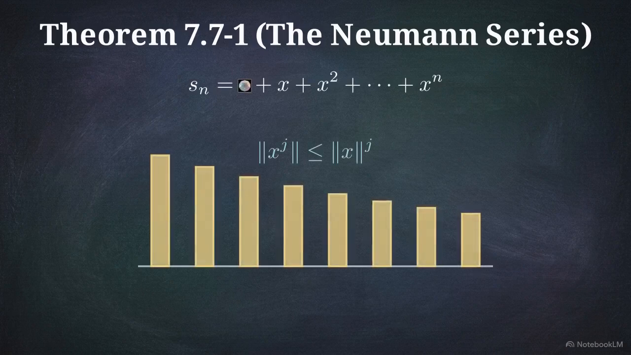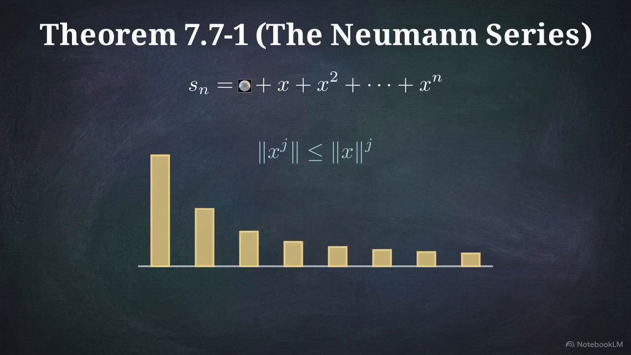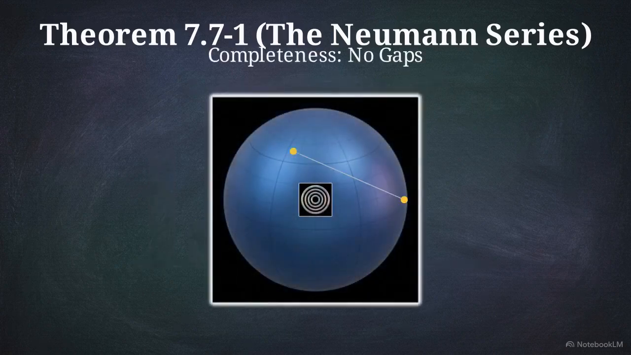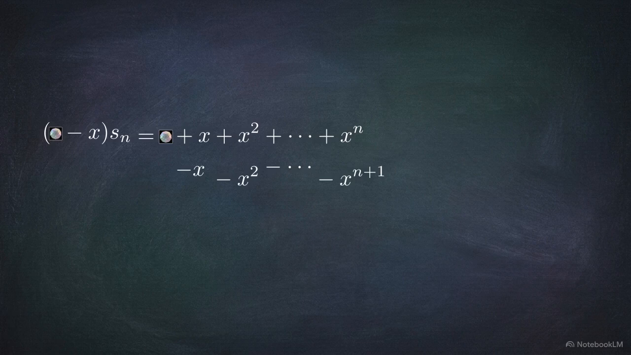To prove it, we construct a partial sum, Sn. Because the norm of x to the j power is less than or equal to the norm of x raised to the j, and our initial norm is less than 1, these subsequent terms shrink rapidly toward 0. Here is where the completeness of a Banach space does the heavy lifting. Because the space has no gaps, this Cauchy sequence of partial sums has to converge to a distinct limit,